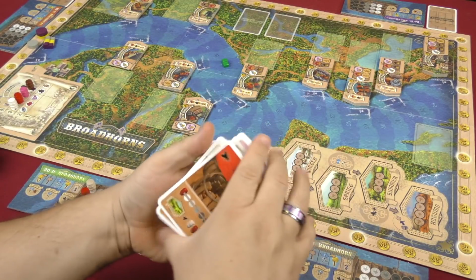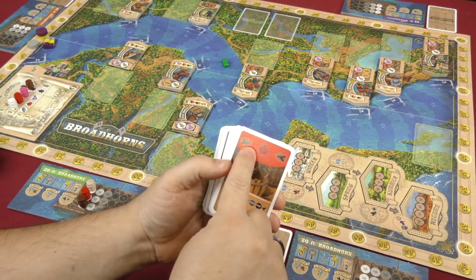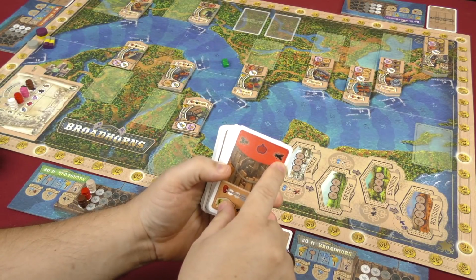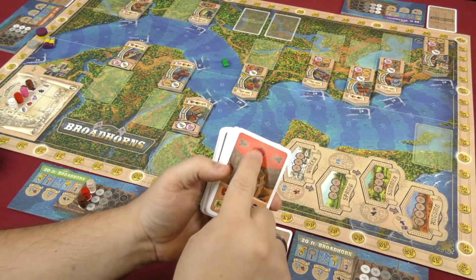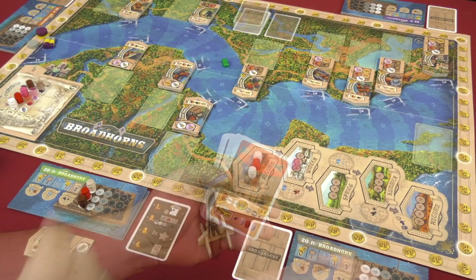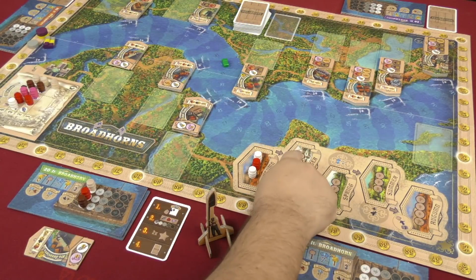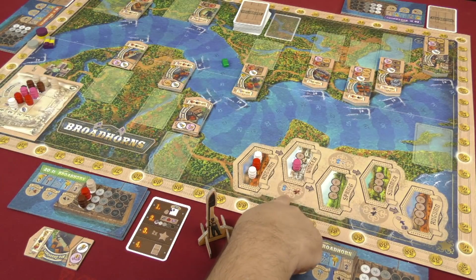And then finally, there are spoil cards in the deck that will affect everybody. So if one of these is flipped over during the course of the turn, everybody who has apples on their Broadhorn has to spoil it. Once a barrel has been placed inside a new season zone, then that season's effects begin to be levied against